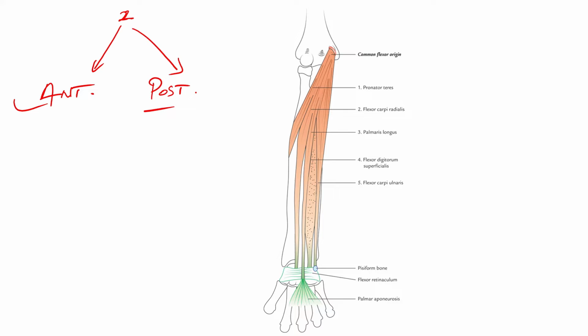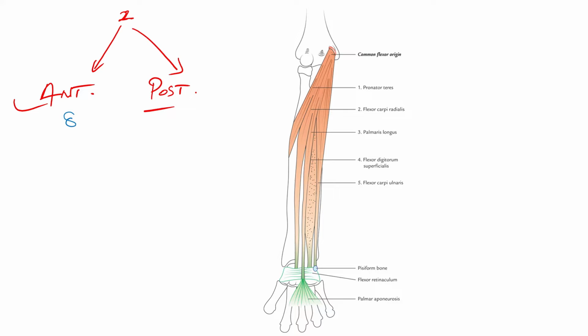So that part of the forearm which lies along the anterior surface of the radius and ulna, which are the long bones of the forearm, the muscles or the area of the forearm which lie in front of the anterior surface of the interosseous membrane which connects the radius and the ulna, make up the anterior compartment. The muscles of the anterior compartment are 8 in number in total.